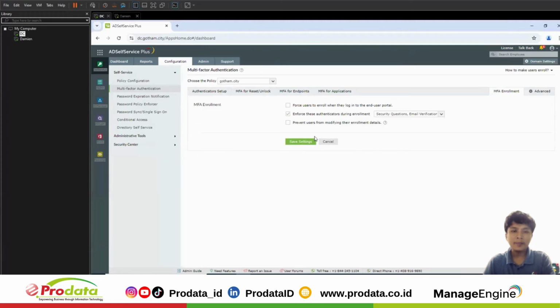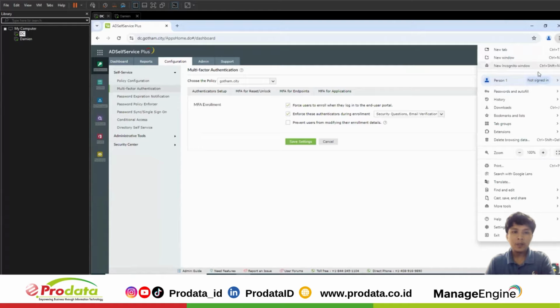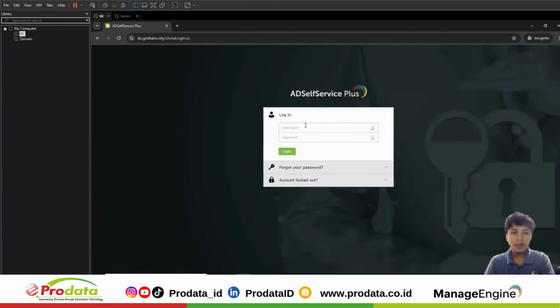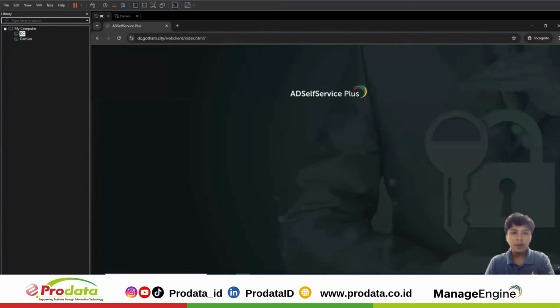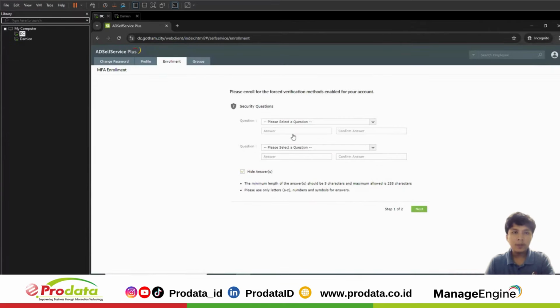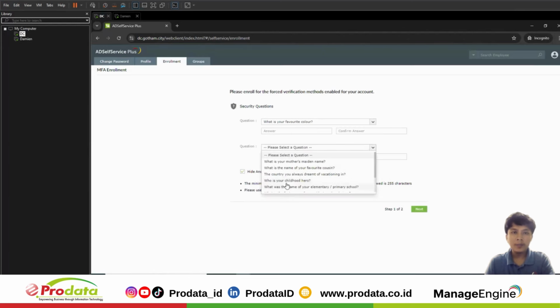Let me force the user for enrollment. This option will be enabled by default in the application. I disabled it for some testing purpose. So when it is enabled, the minute the user logs in, he will be forced to enroll like this. And clicking here, the user can complete the enrollment for the